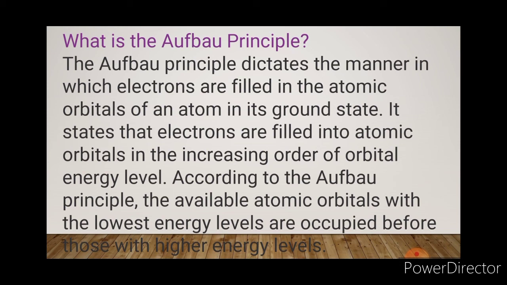First, we will not put one electron in 1s and one electron in 2s. No, 2 electrons will go completely in 1s. Then the other 2 electrons will go in 2s. Then the next 6 electrons will go in 2p. Like this we have to follow.